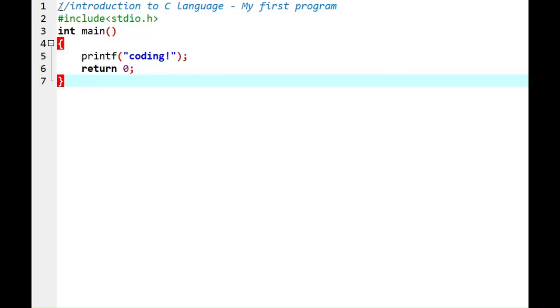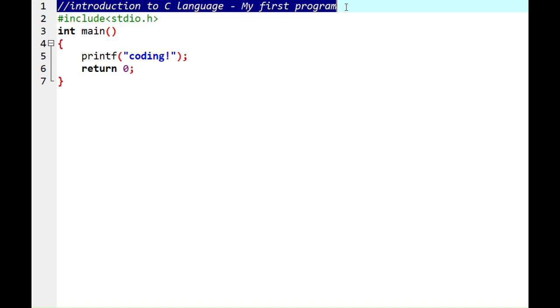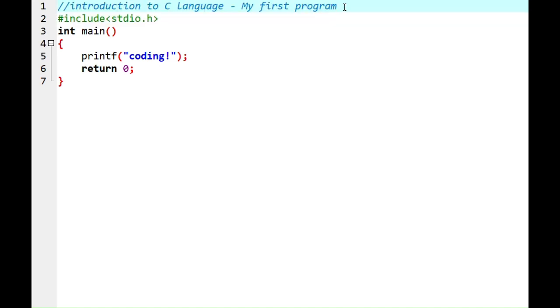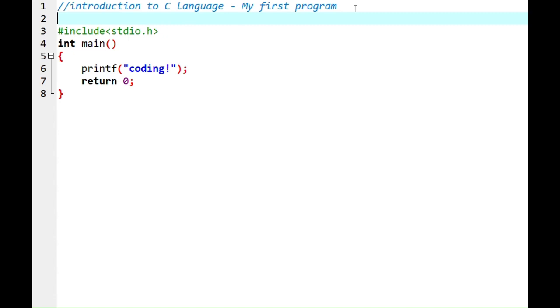Now let's talk about this line. This line is a comment line. When I need to write a comment in our program, I put two slashes like this. It's a simple comment. I can write a multi-line comment like this, for example, /* hi, I don't know what I need to, I learn